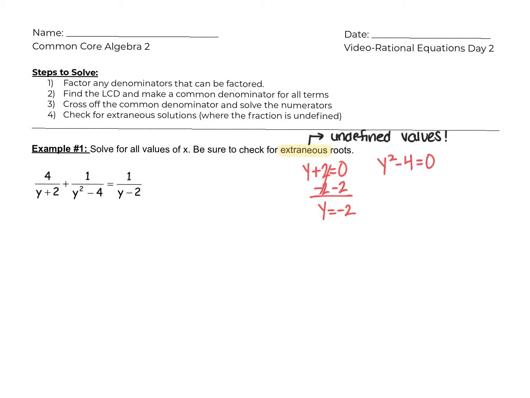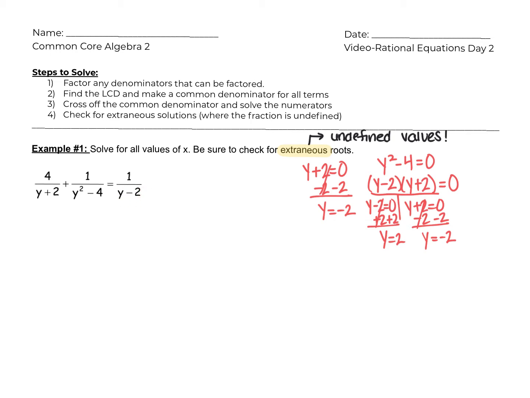I see that this is a difference of two squares, so I could write this as y minus 2 and y plus 2. And I can do a T-chart here. So y minus 2 equals 0 and y plus 2 equals 0. Remember that we can solve these quickly by adding 2, subtracting 2,